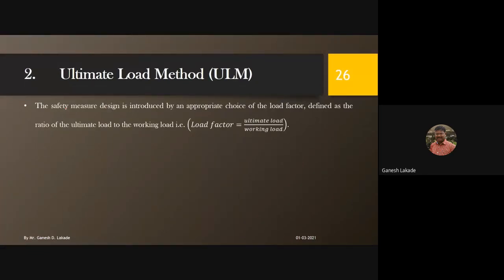I already told you that the working load is the self weight, which is acting on the structure all the time. That is dead load. And the load of persons or furniture is called live load. That may vary, but we have to consider a total working load, a combination of dead load plus live load. But ultimate load is something in addition to that. Wind load and